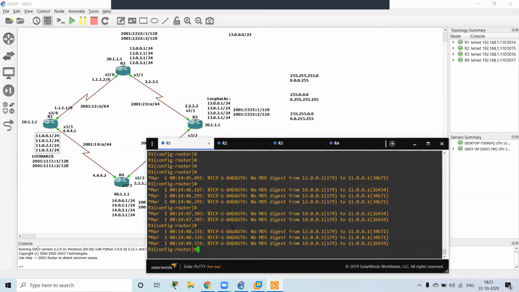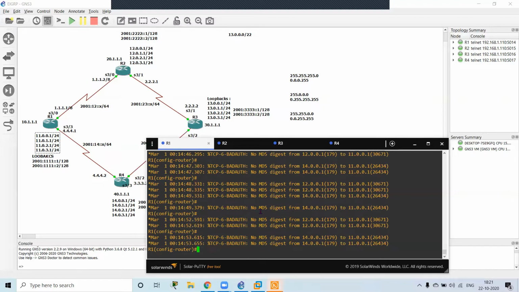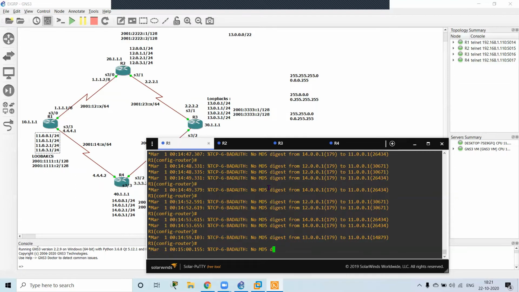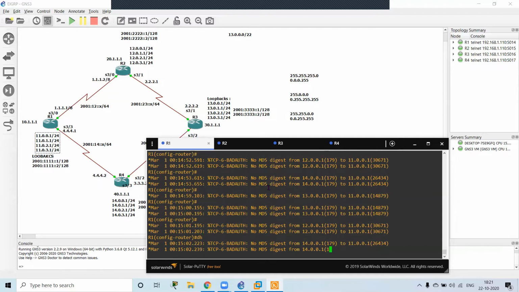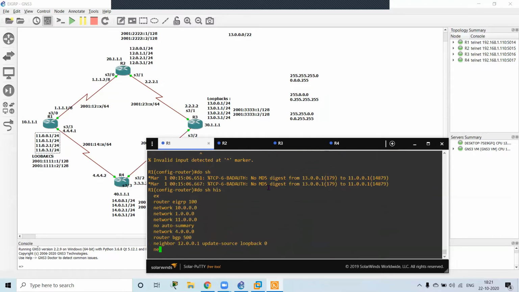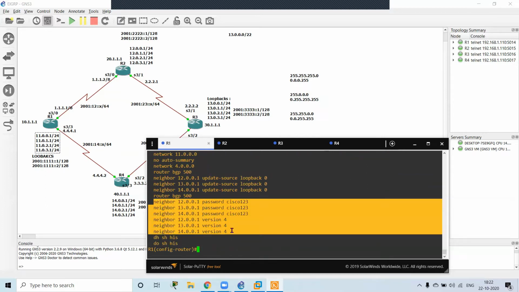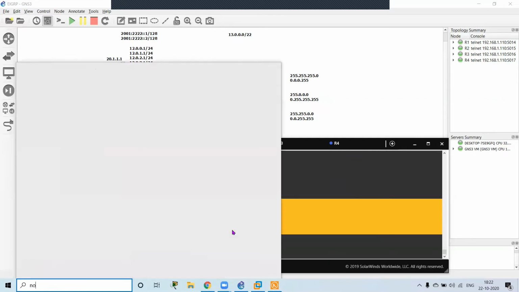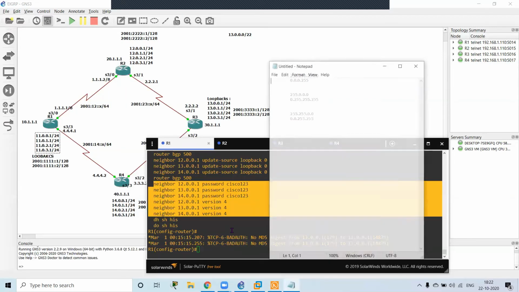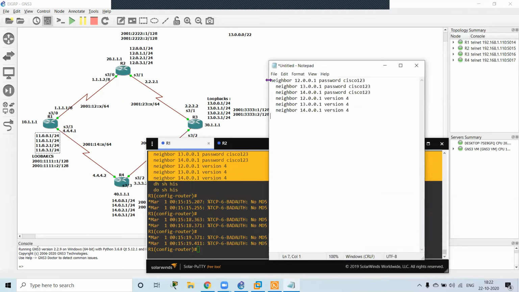See now what I'm getting, bad authentication. Why? Because I have not configured it on the other routers. Okay, so do show history. This is my history command. So what I'll do, I'll copy all these things, open notepad, paste it over here, and I'll just change